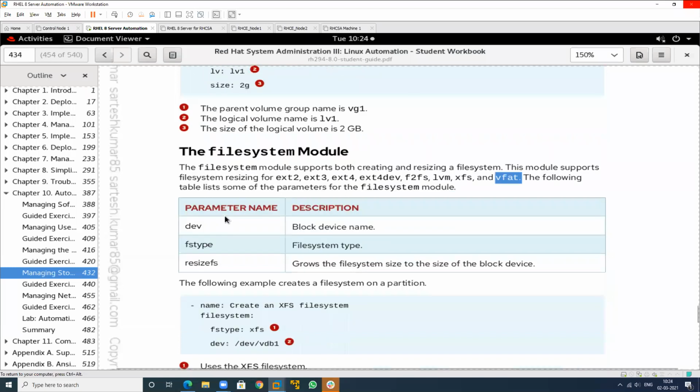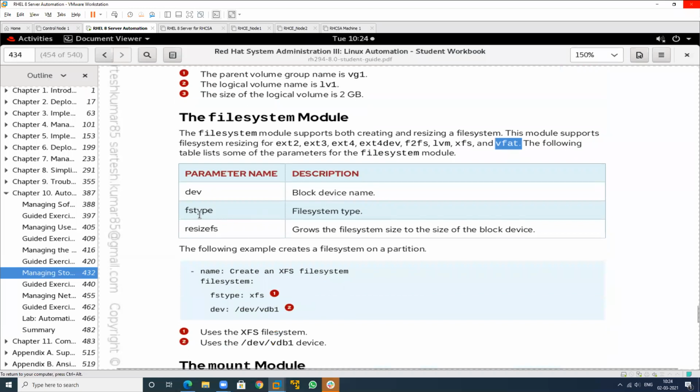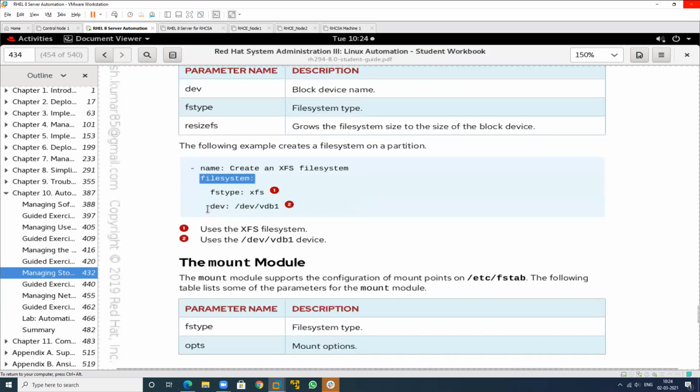We can use these parameters. Dev means block device name. Fstype means file system type. Resizefs grows the file system size to the size of the block device. This is my file system that I want to define, this is my XFS file system that I want to apply on this particular device. This is my device name.